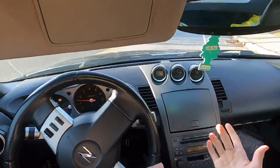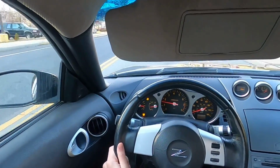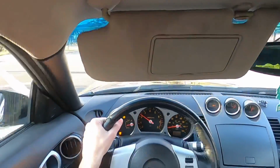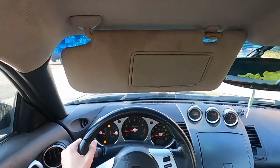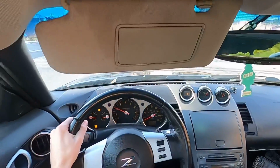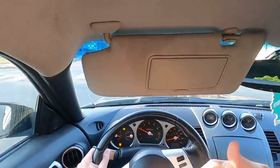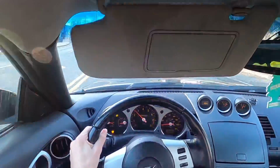But if you're in the Z, it takes a little bit longer. You kind of have to look around and really make sure that you're going to be okay before you take that turn, and that can be a little bit tough, but it's nothing that you can't get used to. And if it's your first car anyway, you'll start by knowing that, if that makes any sense. You won't have to do that different jump into trying to figure out if